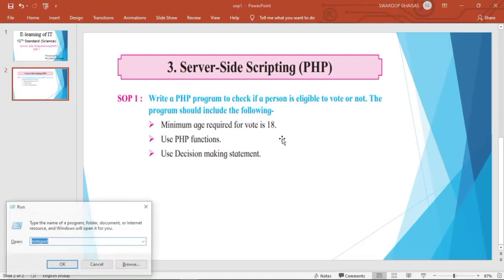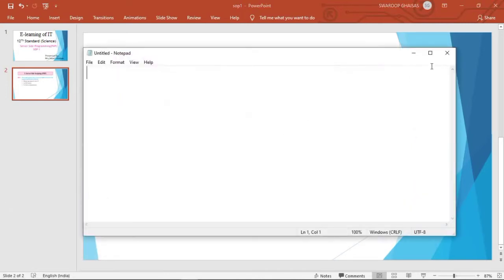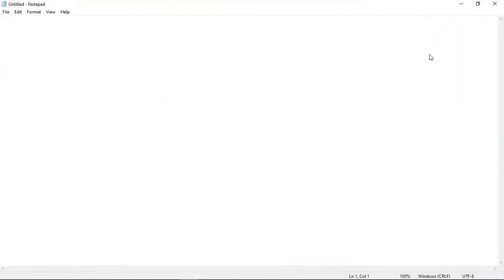First of all, open a notepad and we will write the HTML file first. So HTML code starts with the html tag, ends with the end of html tag. Within that, let us add a body tag, then end of body tag.